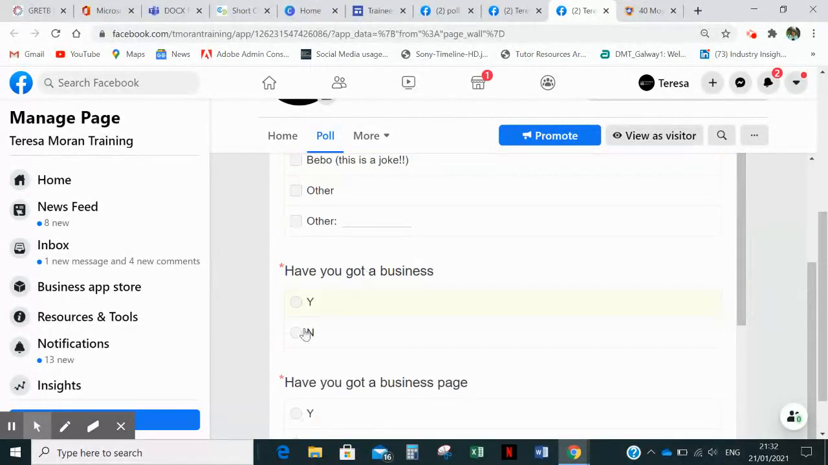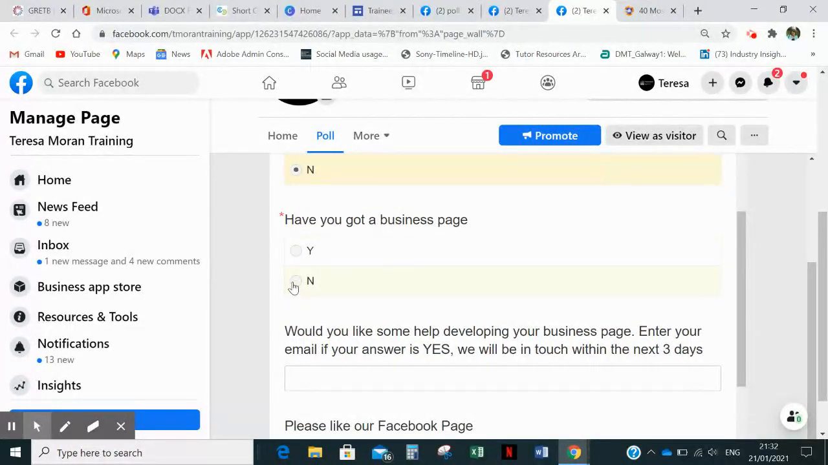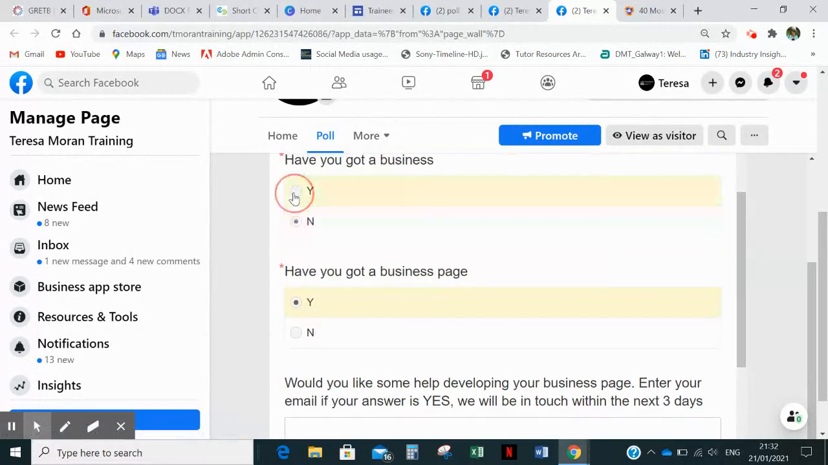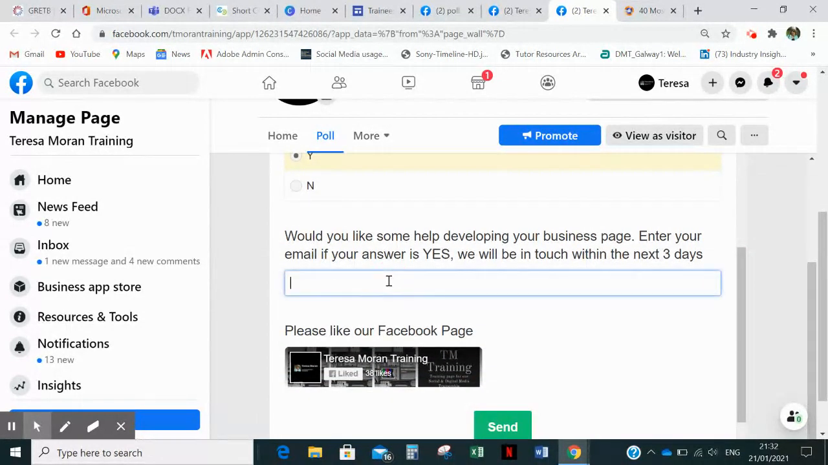Have you got a business? No. Have you got a business page? Yes. So I should have a business actually. So I'm just going to pretend I have. Yes, yes. And would you like some help developing your business page into your email? If your answer is yes, so I will put in my email here. And please like our Facebook page, it's already liked. And then click on